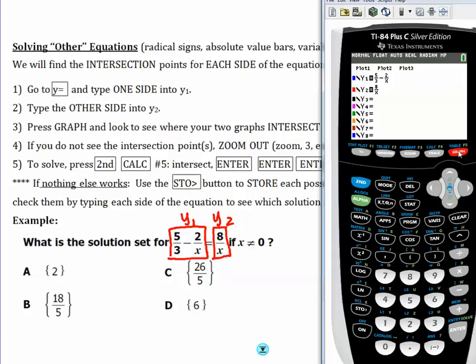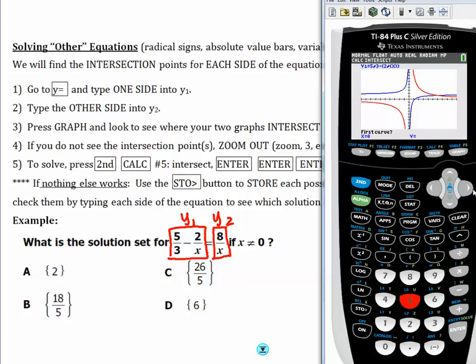Now I'm going to click Graph, and I'm interested in where these two graphs intersect, which you can see is right about here. So to find exactly what that point is, I'm going to do second, calc, which is right above trace, and then select number 5, which is intersection. So second, trace, intersect,